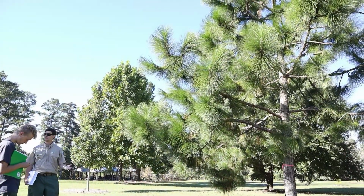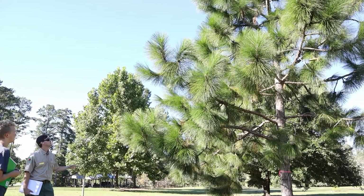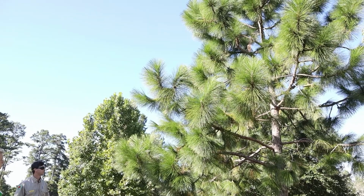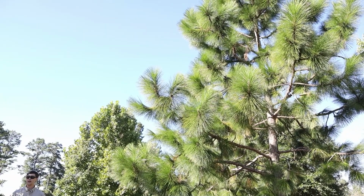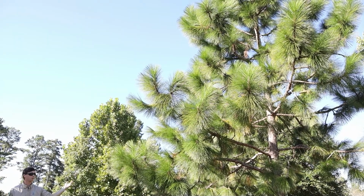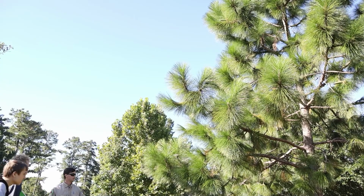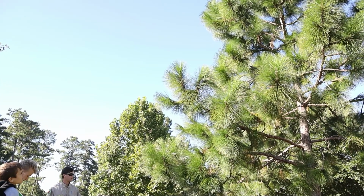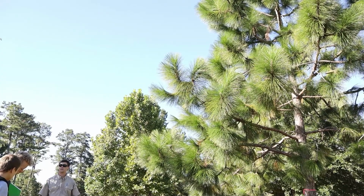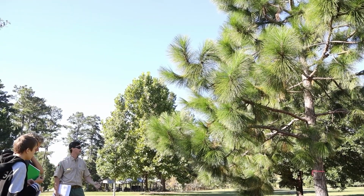I'm guessing you guys can understand why it's called longleaf pine. It's got these huge needles that almost weigh the branches down. And that's actually a limiting factor the further you go up in the state of Georgia, because these are very susceptible to ice damage. So this is a southern coastal plains species. Now, longleaf used to cover something like 60 million acres in the southeast, and the range was reduced down to about 4